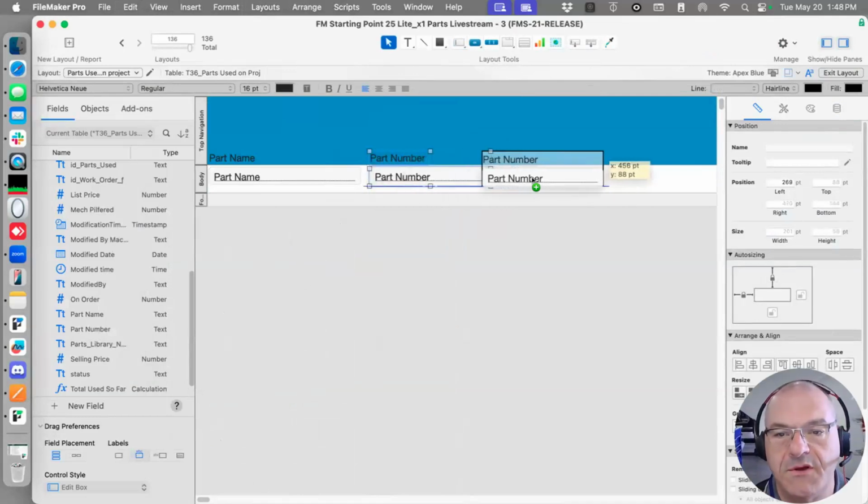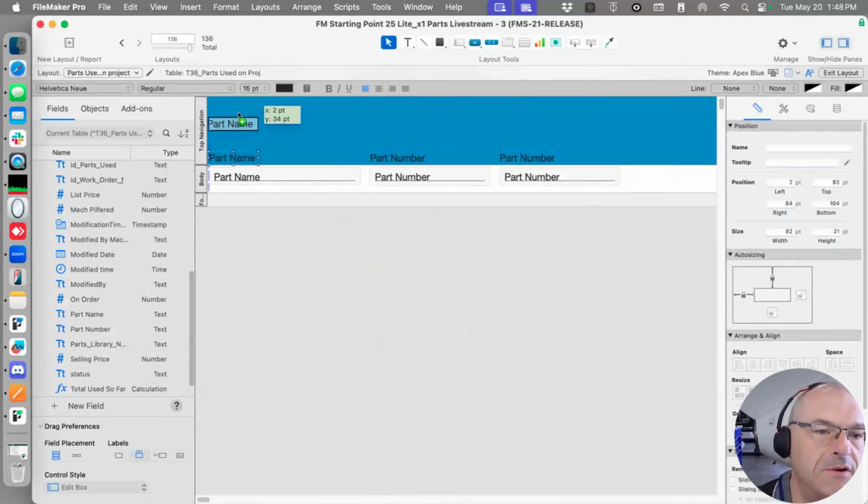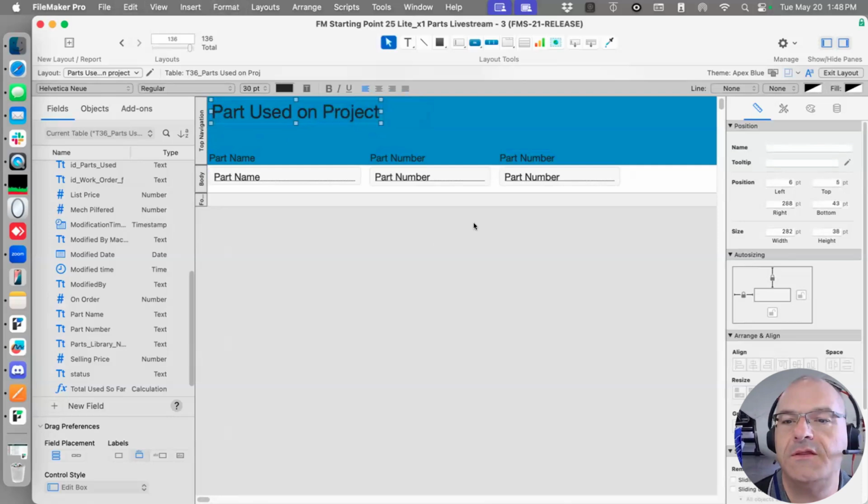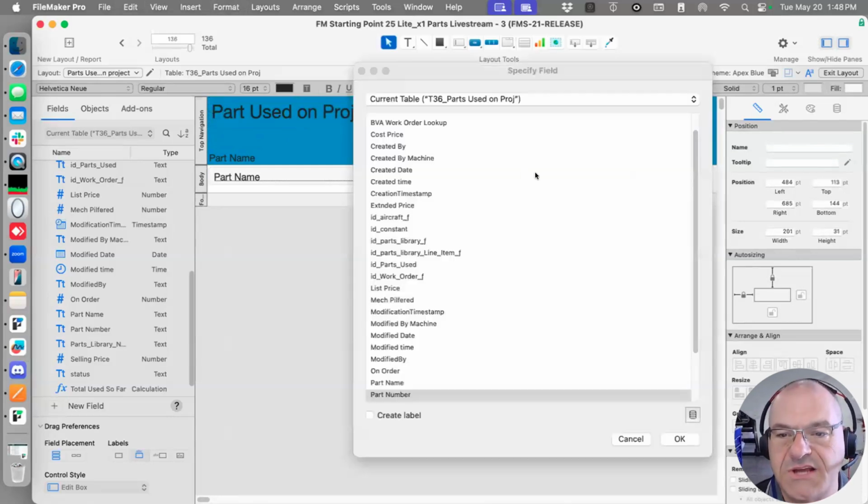Okay, so what I'm going to do is come over here and say, well, these are the parts that are used on a project. So I'm going to come up here and say part used on a project. I'm going to click on that. Shift, Command, Option, and greater than, I think, is a shortcut to make it bigger. It's kind of a weird, obscure thing. Over here, I have part number twice. I need this to be